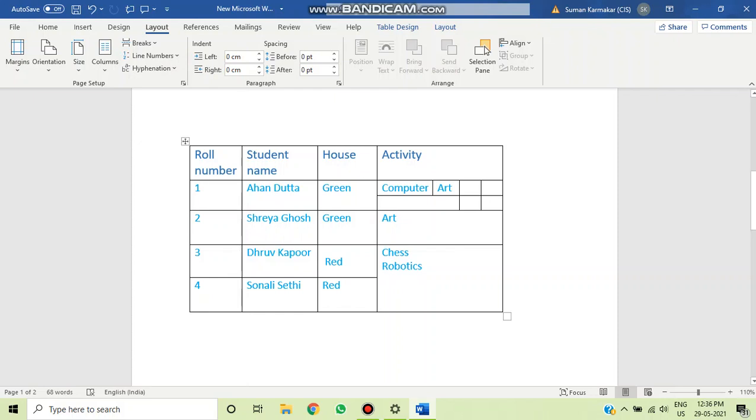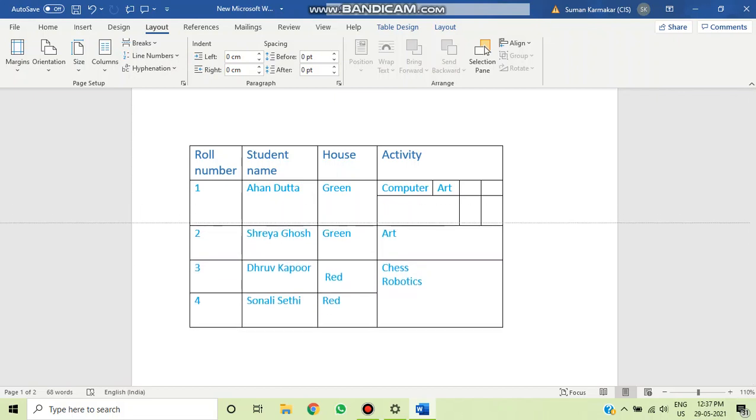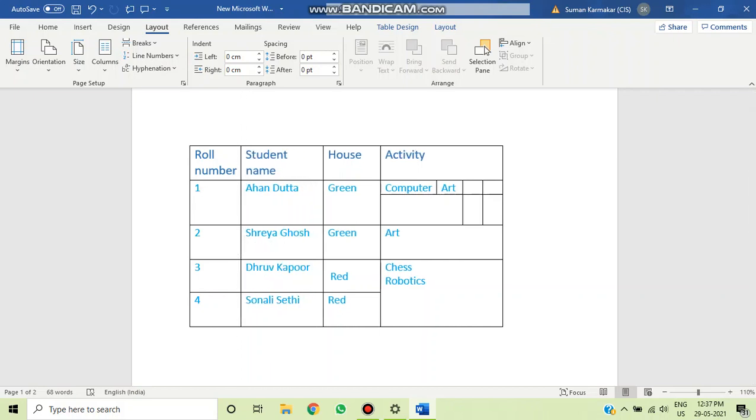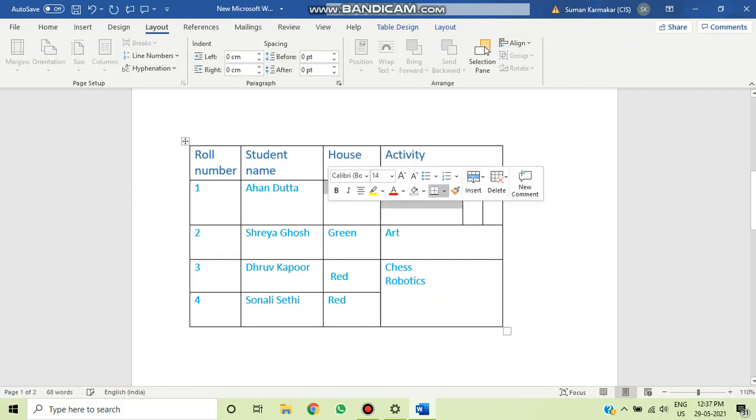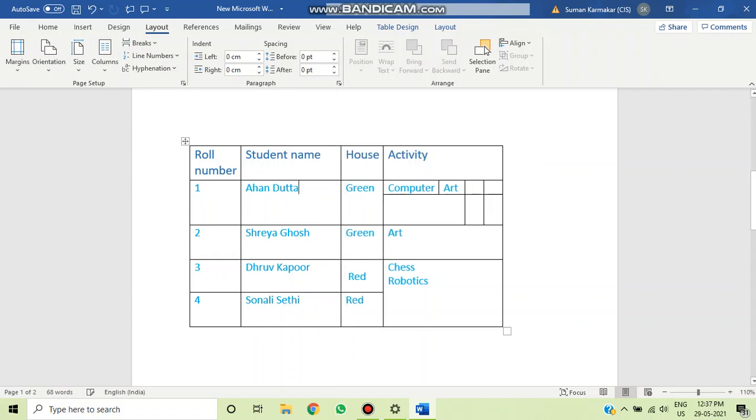And how can you resize your row size? Again, on that line you have to move up or down as per your requirement, and for the column you have to move right or left. Say for student name, your column size should be big. So for that you have to move your mouse onto that line, left click and move your mouse so that the cell will be as per your choice.